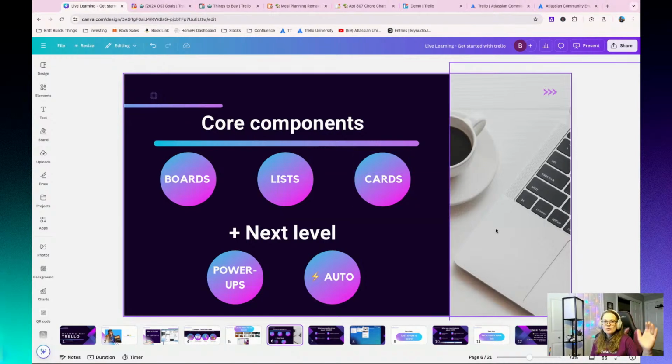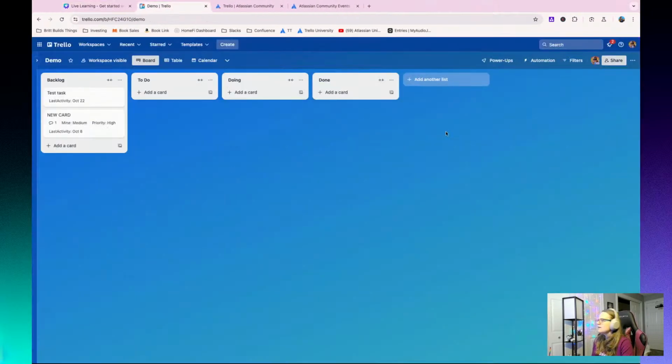So we've talked about the boards, which are sort of your digital whiteboard, right? Let's go back to this meal planning board over here, or we'll go to this demo board here. This whole white space here, or blue space technically, this is your board. This is your concept. Usually a board represents a specific project, a specific area, something that you're trying to tackle here. So if you're following along and want to build, you could just have one for your general tasks and to-dos. And so your board is kind of that group concept of that.